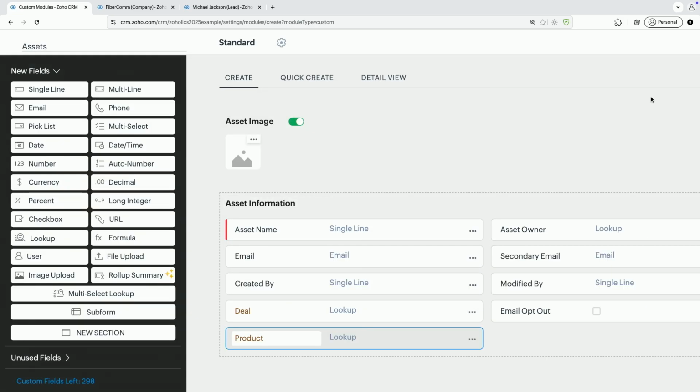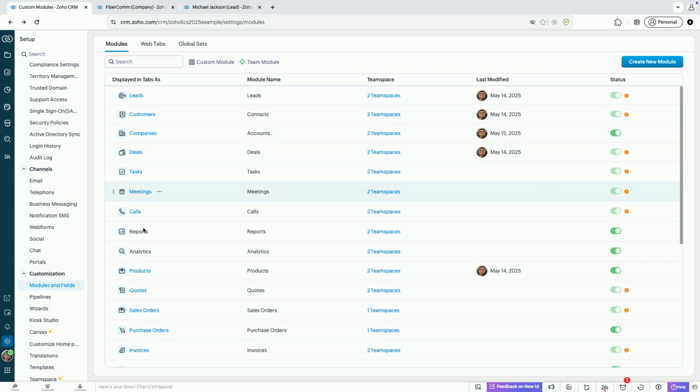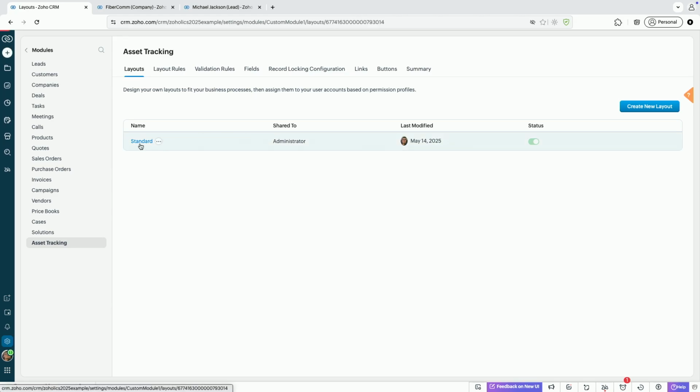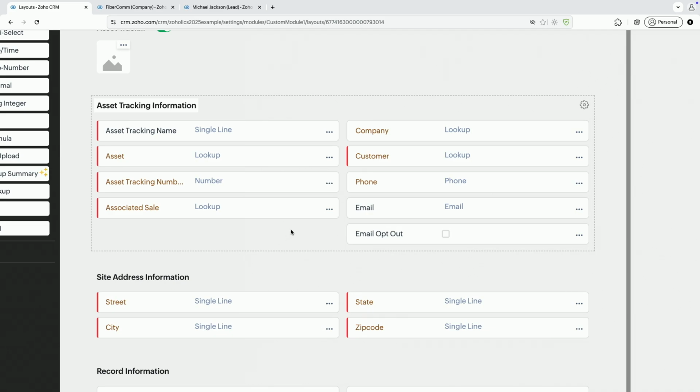And if we were to Martha Stewart this and just say, oh, look the other way and come right back, I have a module that I made called asset tracking that I added a couple more lookup fields to. If we blow this up, we can create a custom module that's tracking the asset number, the asset itself, which is going to be the product, the associated sale, and the company. All of these things are going to link back and report to that initial sale for me to track based on this custom module record, which is going to be a very strong point